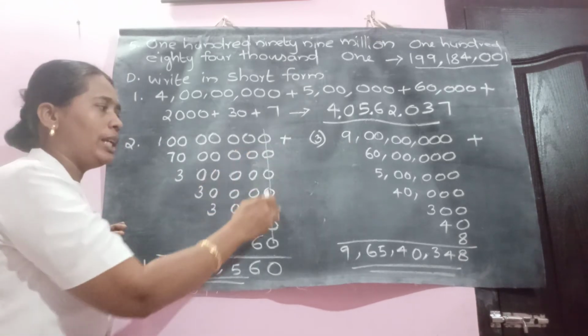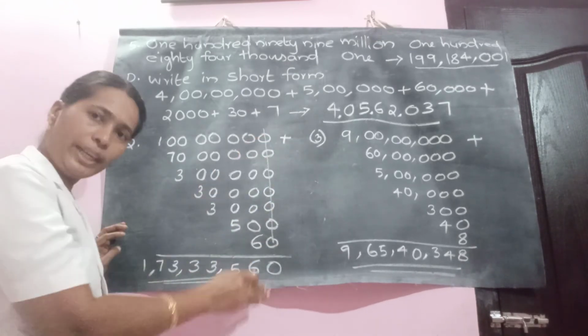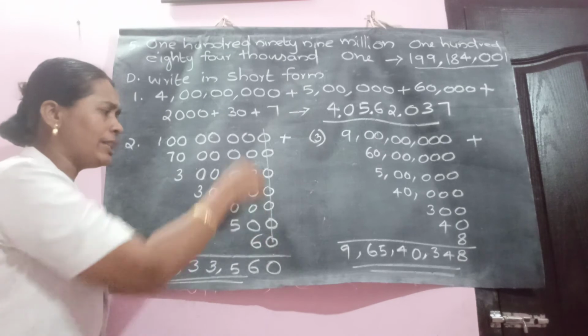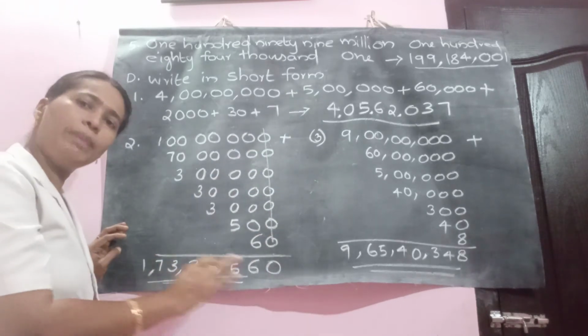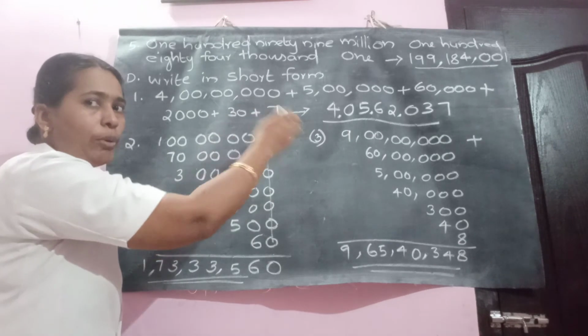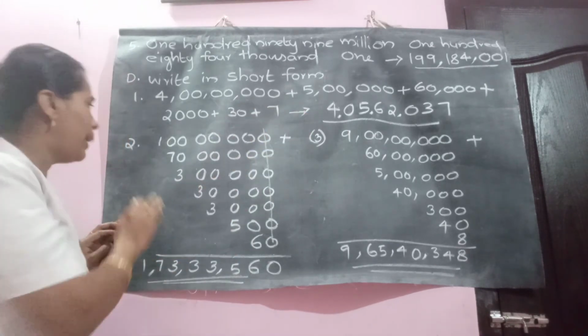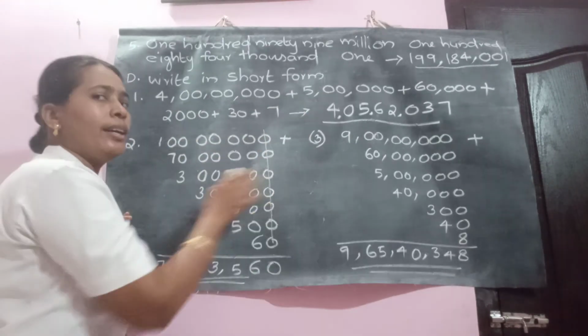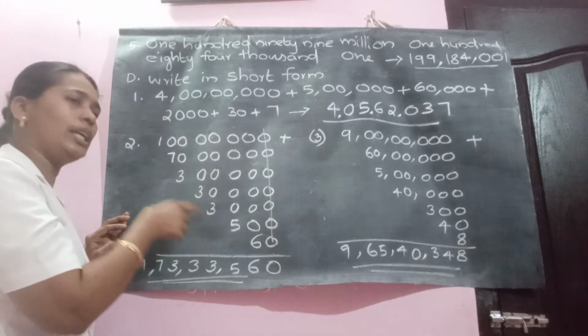Write the given numbers one by one and use the usual addition method. Column-wise, when you add, there won't be any mistake. The teacher did the first question directly, according to the counting of number of places. But for the second and third questions, the teacher is writing all the numbers one by one.